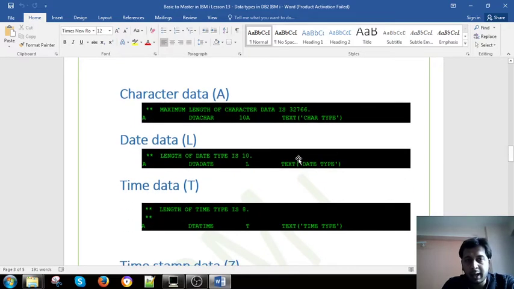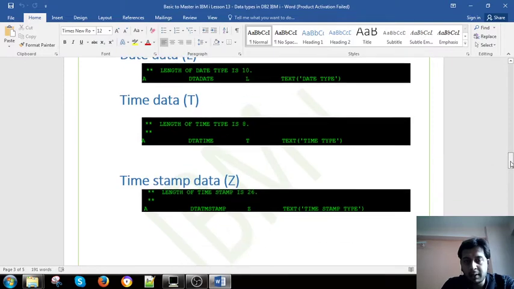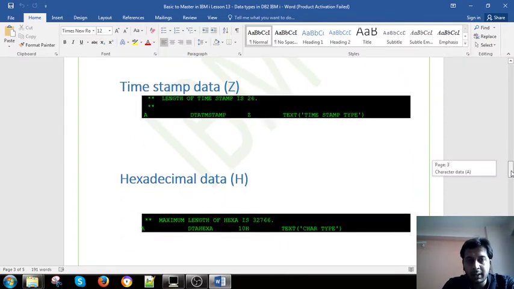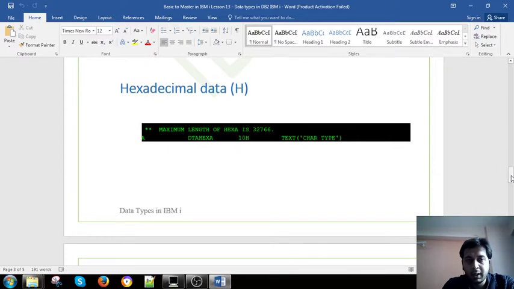Date is declared with L. Time is declared with T. Timestamp is a combination of date and time and microseconds, declared with Z. And hexadecimal is declared with H.